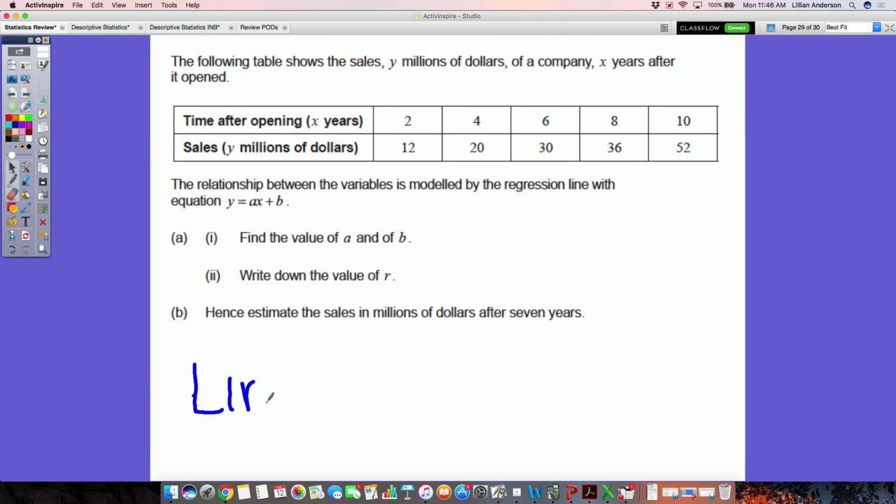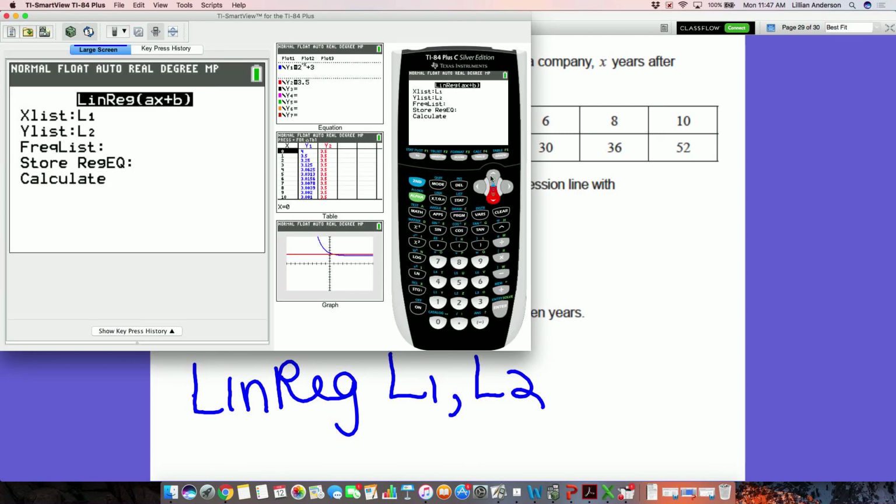For those whose linreg just pops up like so, you're going to have to do L1, comma, L2. And you will need to do that. Otherwise, it's just going to take your X information and do all the stuff with it. Okay? And for everybody's knowledge, where's L1 located? Second 1, and second 2 gives me L2. Where's my comma? Above the 7, because everybody needs to know where comma is when we do normal CDF and stuff like that, okay? So we go down to calculate, and when you click enter,